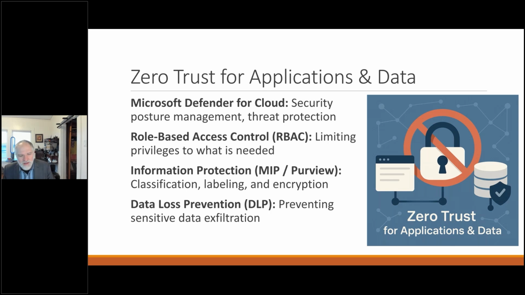And then information protection policies. This is in the Microsoft Purview suite, which we'll talk about in a little more detail, but this is about classifying your data, labeling your data, encrypting your data automatically. You can create policies so that when someone accesses the data, it applies certain encryption and restrictions on the application, so that in Word, for example, the print button is grayed out or the save as button is grayed out. Then you can apply different levels of encryption based on the conditional access policy. That's another factor you can implement as part of this.